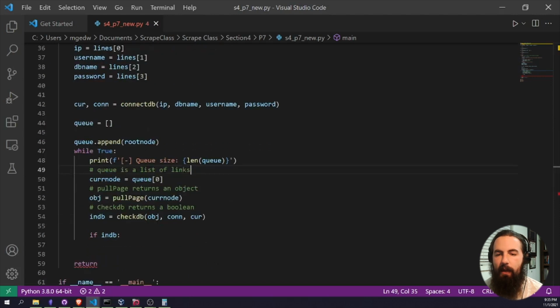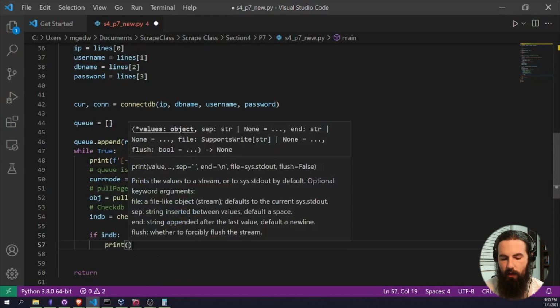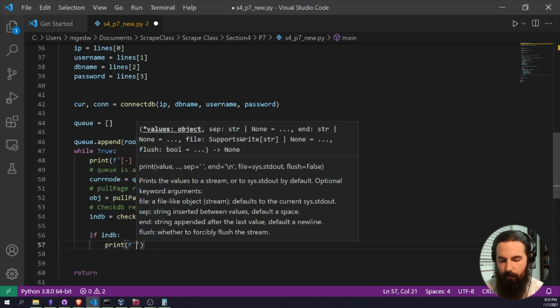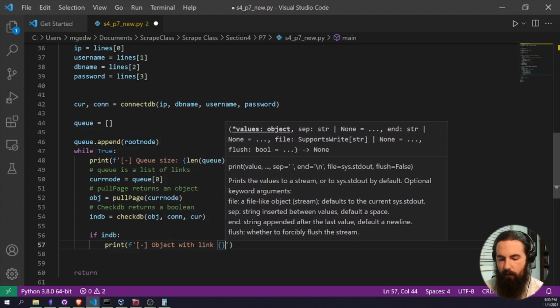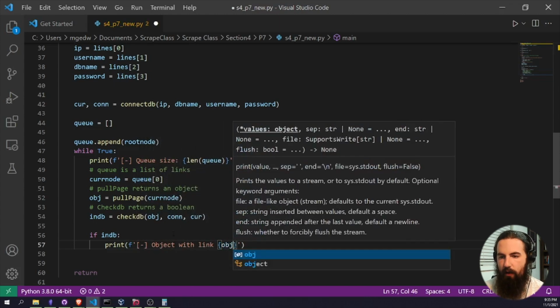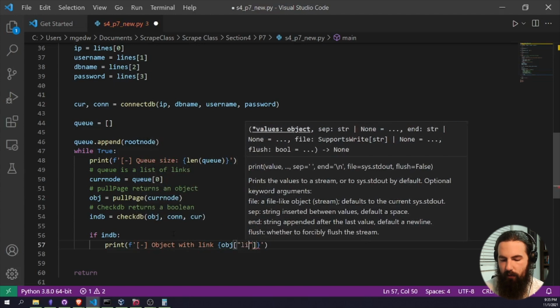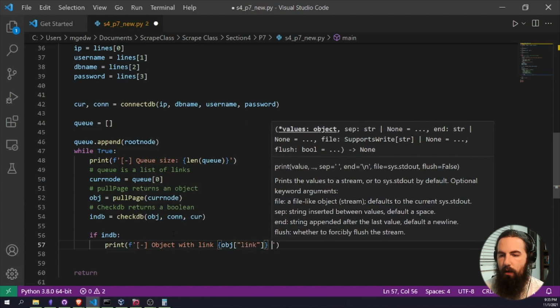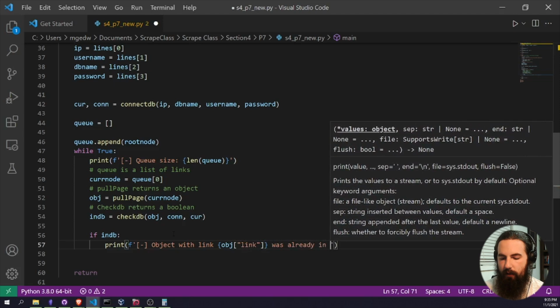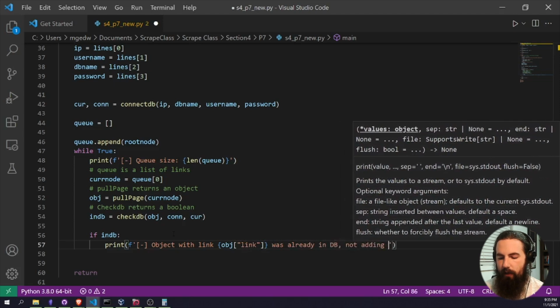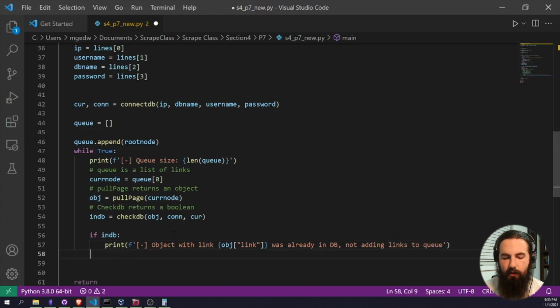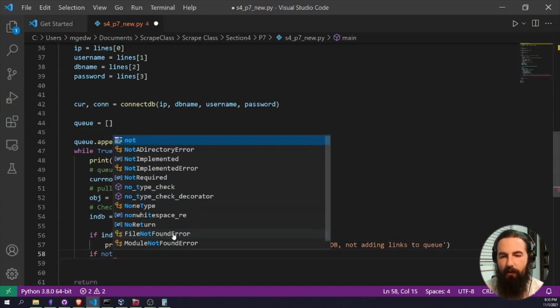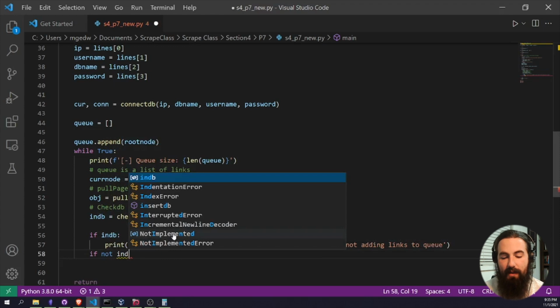All right, so we're going to print out basically a message that says that the object with link obj.link was already in DB, not adding links to queue. All right, and then if it's not in the database already, if we haven't already processed it,